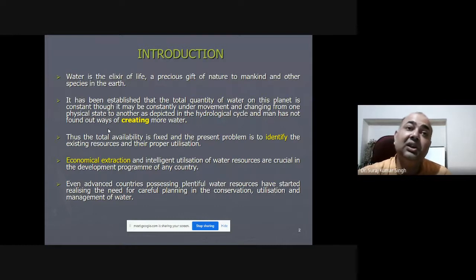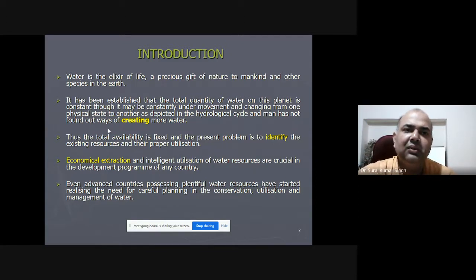So as I am saying, Ganga is one of the purest, Satluj is one of the purest, Brahmaputra is one of the purest. But what we human beings are doing, because our population is increasing and our needs are increasing, we are going on polluting this purest water of the world.